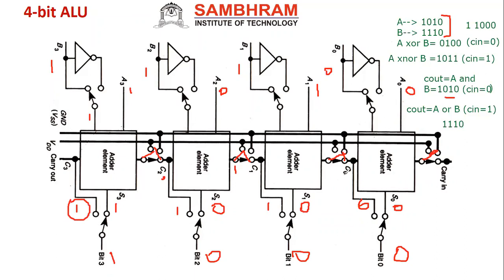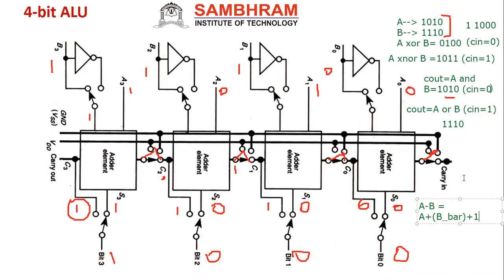Now you may think how to perform the subtraction operation. How to perform? It is nothing but a 2's complement subtraction. So nothing but how to perform A minus B actually. A minus B is equal to A, correct? A minus B, that is A plus B bar plus 1. This is nothing but your subtraction, 2's complement.